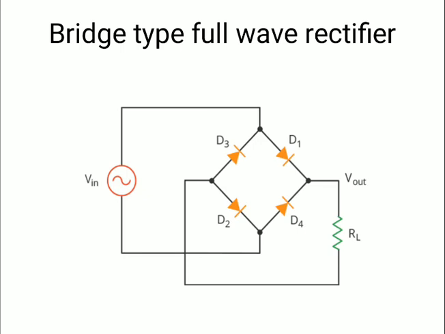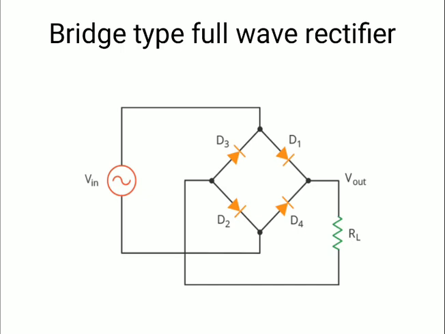That means D3 and D4 will not allow the flow of current. You can consider it a dead end for the current; current will never go to that path. So what will happen at the point between D3 and D1? The current will start flowing to D1, and after D1 it will not go to D4, because D4 is in reverse bias, so it will go to the RL. And by moving through the RL, it will again come to the point between D3 and D2.